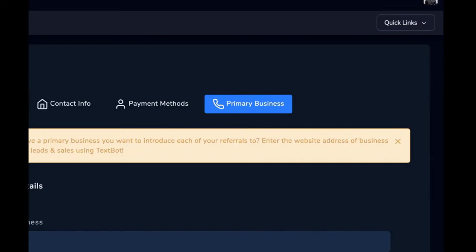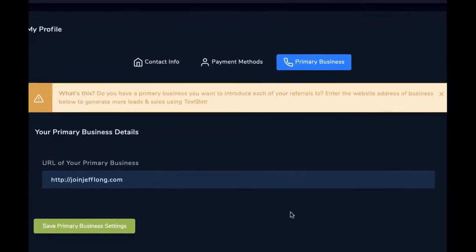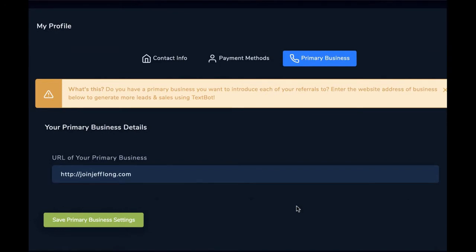Hopping over here to primary business, for those of you that are using Ava to promote a primary network marketing company or an affiliate marketing company, and you want to leverage the interactions and the opt-ins that you're getting with Ava, and you want to build and promote and create multiple streams of income using TextBot, you can absolutely do that. Just go ahead and enter the URL of your primary business right there in that field and click Save